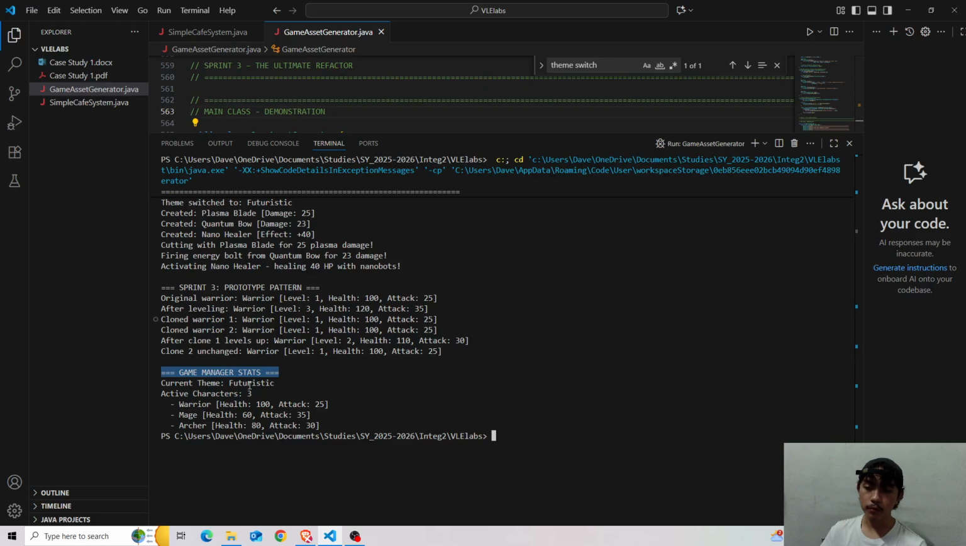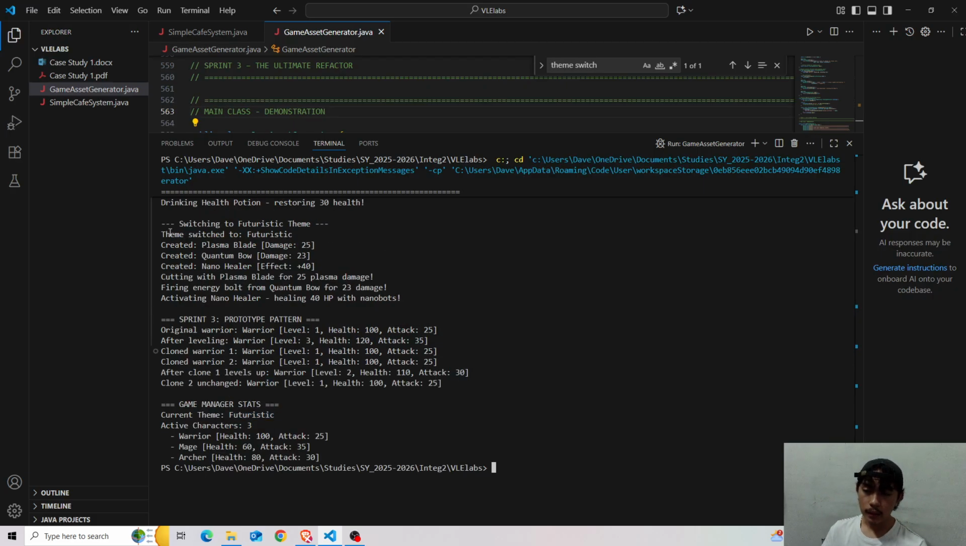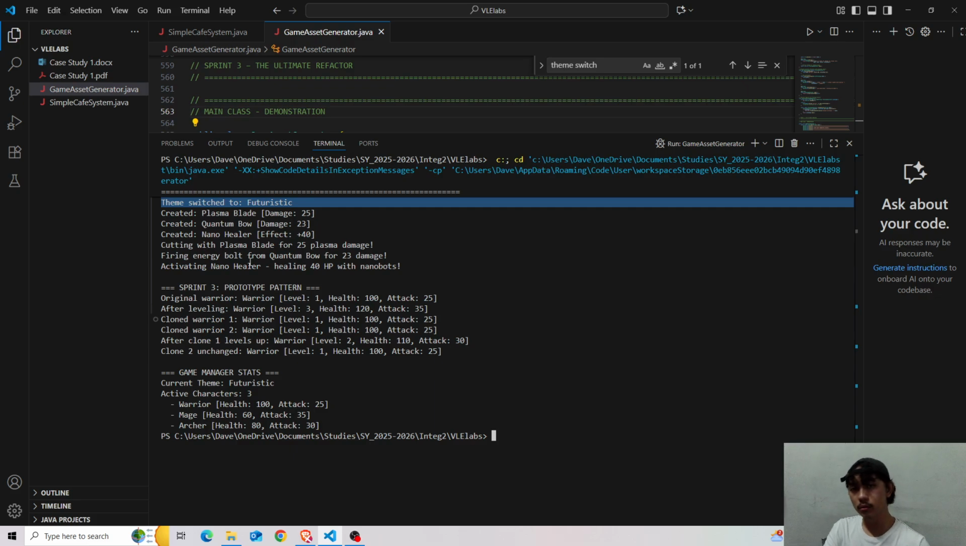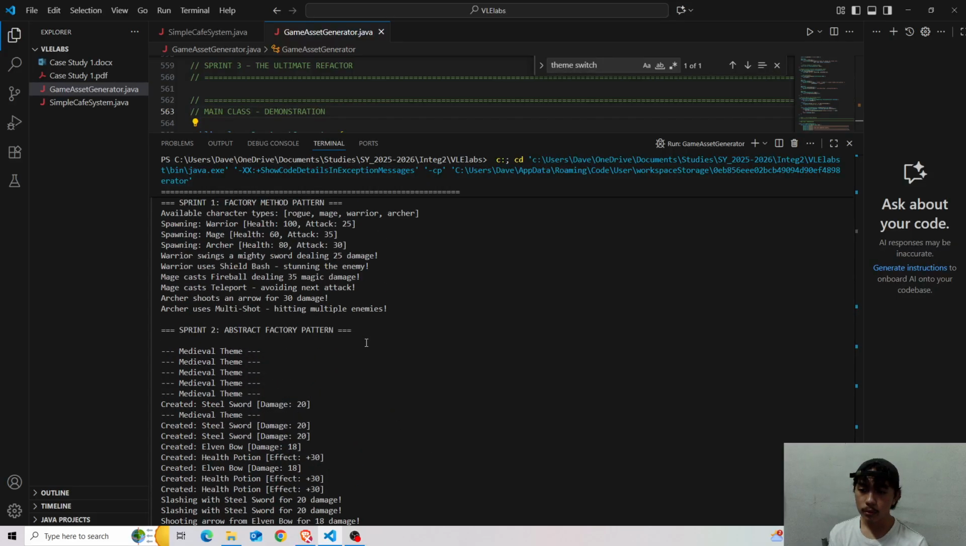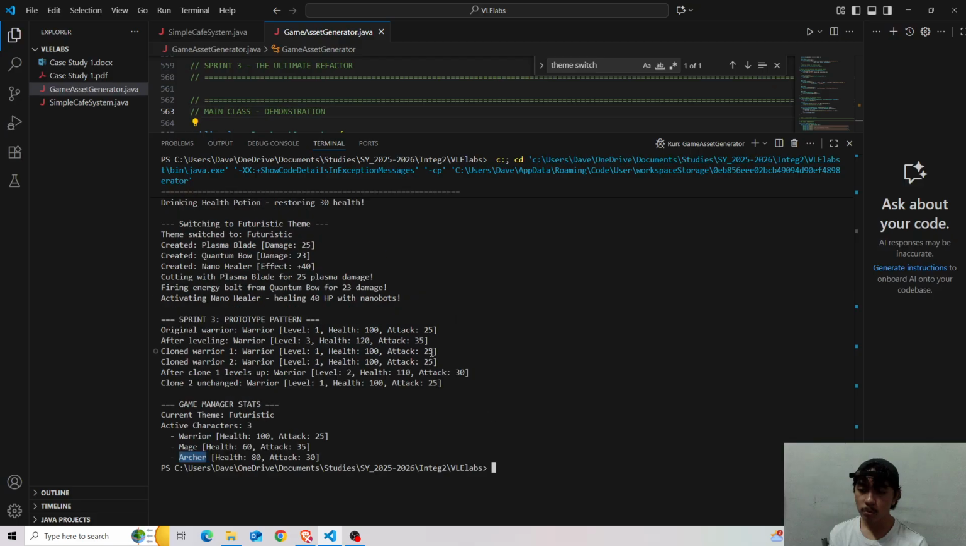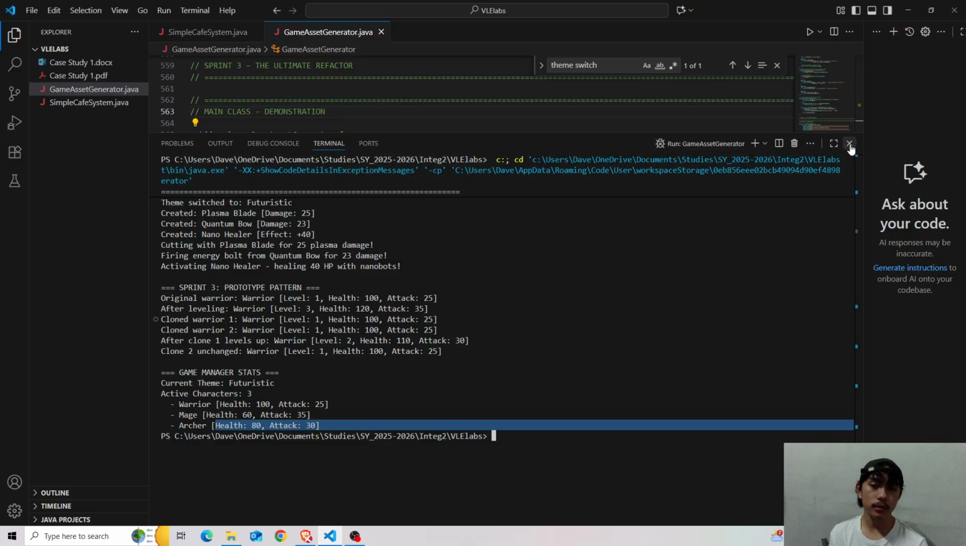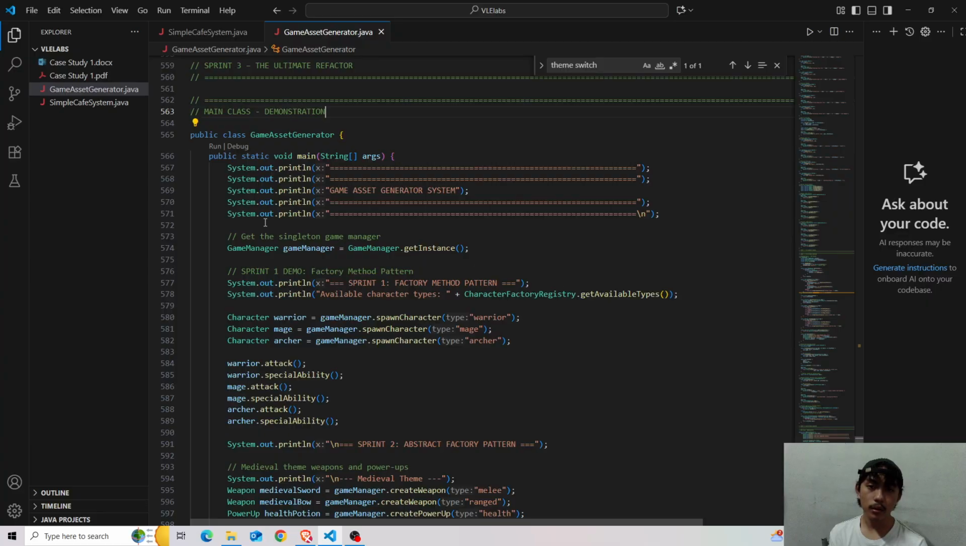Right, so current theme is futuristic because lastly we have switched the theme to futuristic, as what has been called in the main method, right? So in our main method, the active characters we have here are 3, in which we have warrior, the mage, and the archer. Then that's basically it. So we'll be running the program again, but we'll have to